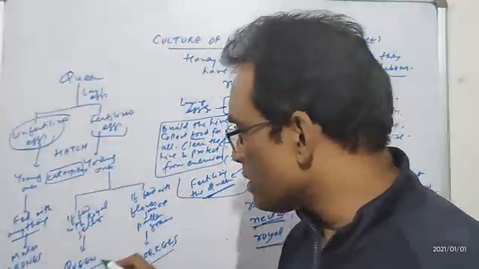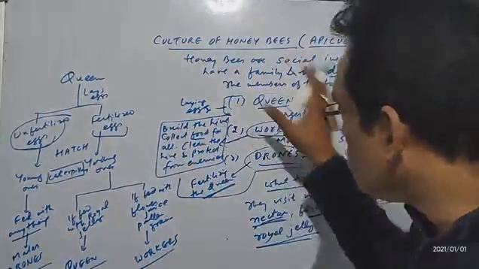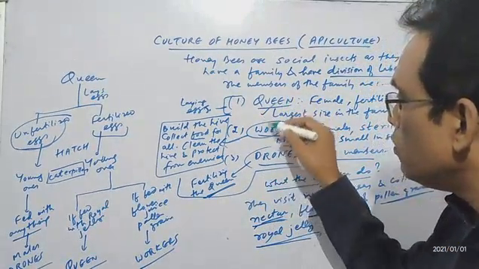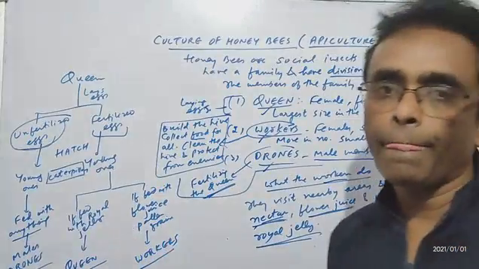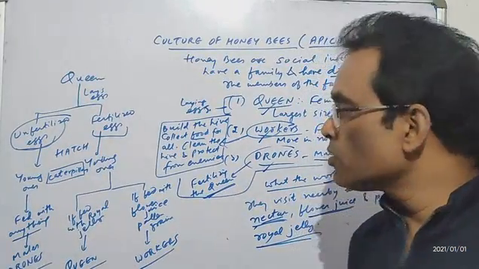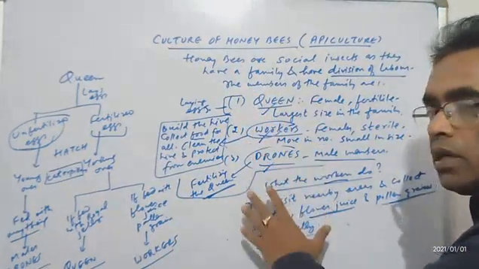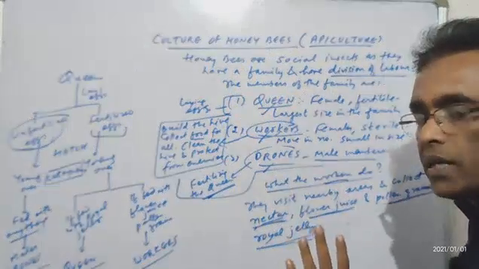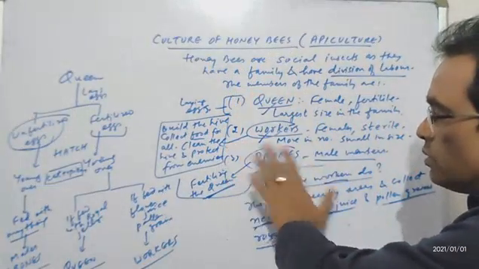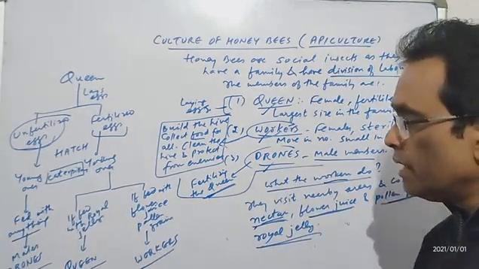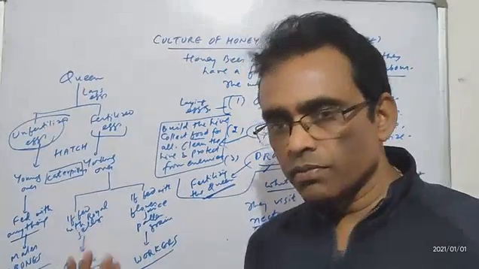तो इस तरीके से एक फैमिली में तीनों मेंबर डेवलप होते हैं. That is how in a family queen, workers and drones develop. Is that clear? So the process is this. And when they develop into queen, worker and drones, their job is pre-decided that you need to do this, you need to do this, you need to do this. What the workers do, they fill these young ones with this food.